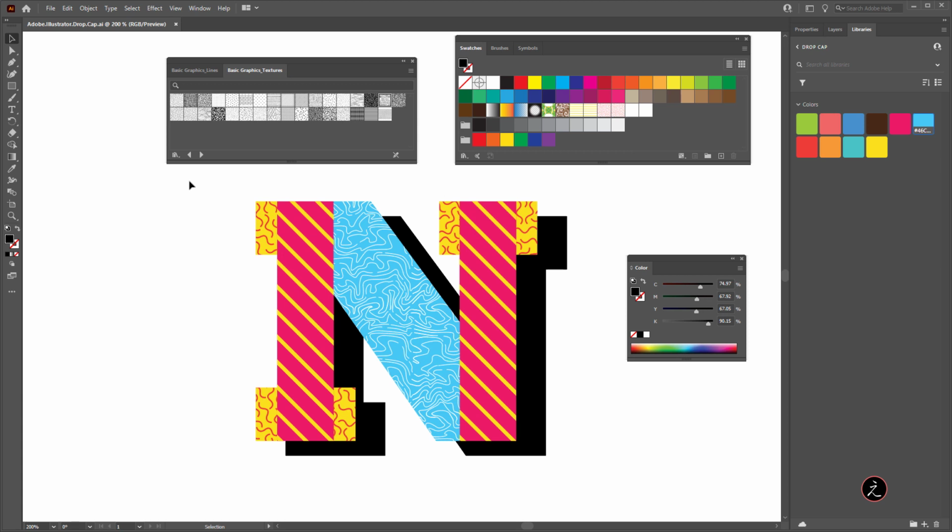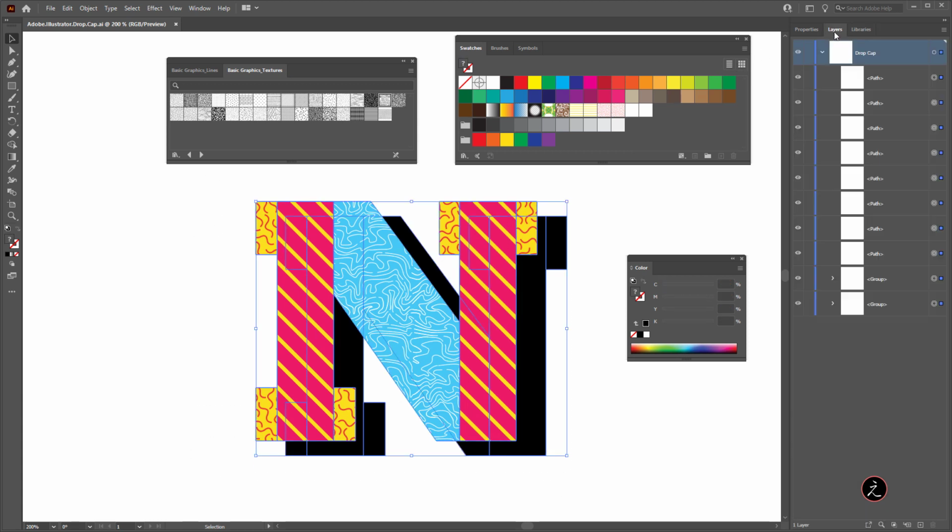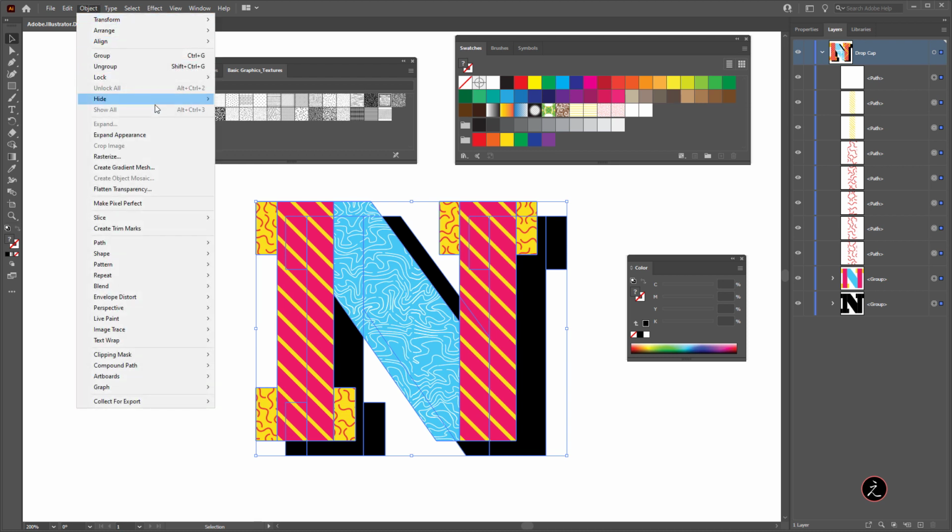So what I'm going to do is marquee select everything with the selection tool. Of course, make sure that you can see that inside the layers panel and nothing is locked. Then I will go to the object menu. And here we have two choices: the expand appearance and the expand.